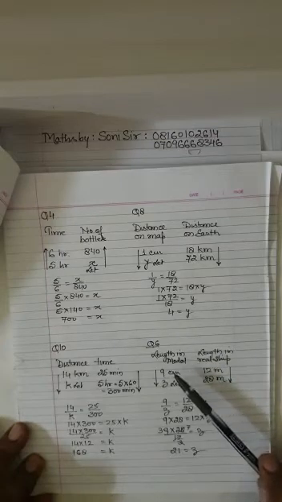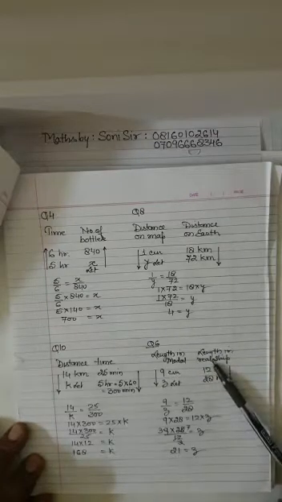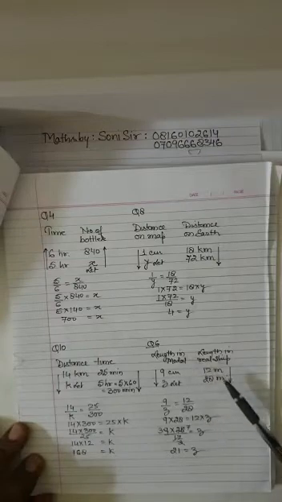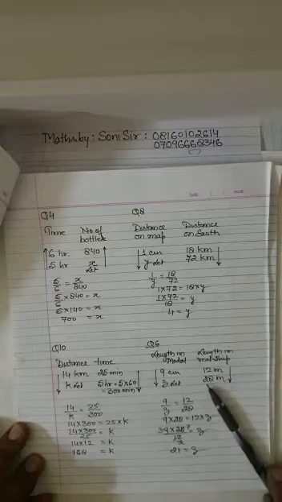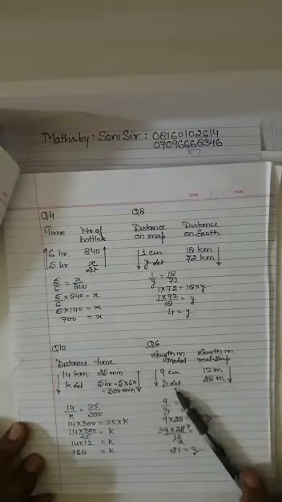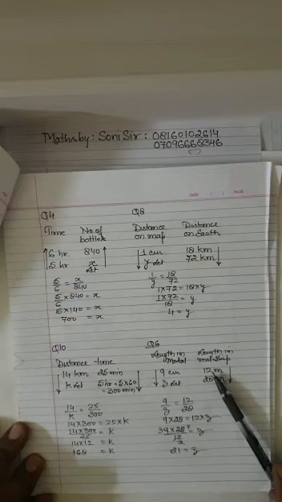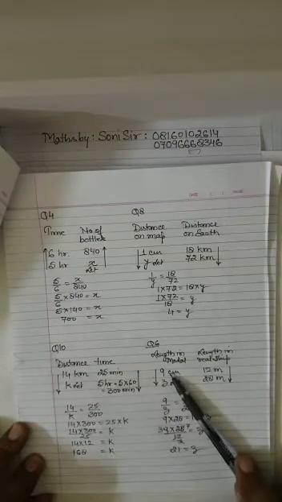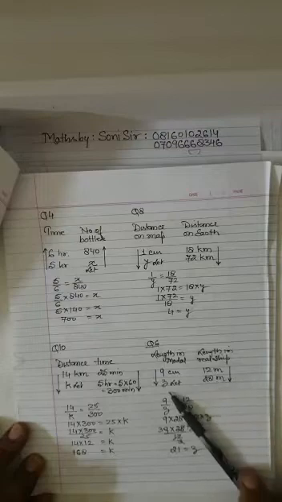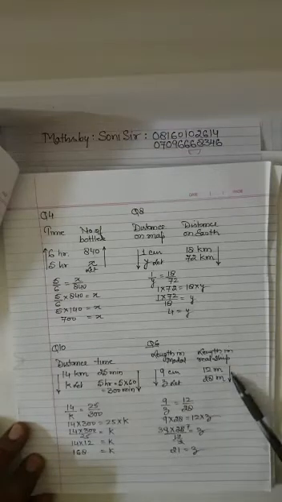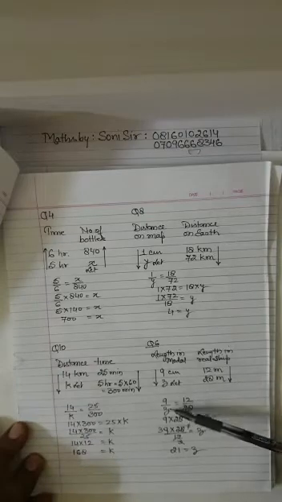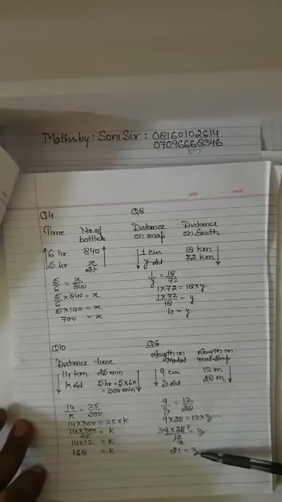Length of the model and length of the ship given. One part is 9 centimeter long in the model, but actually it was 12 meter. If another part is 28 meter, then what would be the length? Naturally, less length will give you less length here in the model, so more length will give you more, so this will be more. So I applied the arrows lower to upper, lower to upper. Same cross multiplication is giving 21.